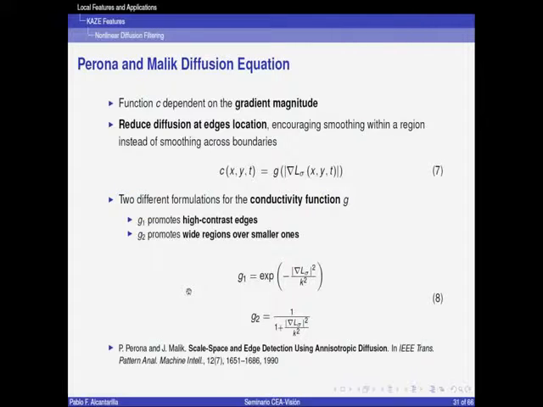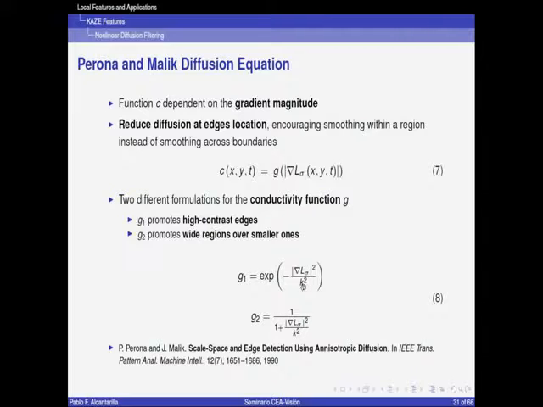One is g1, which promotes high contrast edges, and this is equal to the exponential function of minus the modulus of the gradient to the power of 2 divided by a contrast factor k to the power of 2 as well. And there is also the g2 function that promotes wide regions over smaller ones, and this is